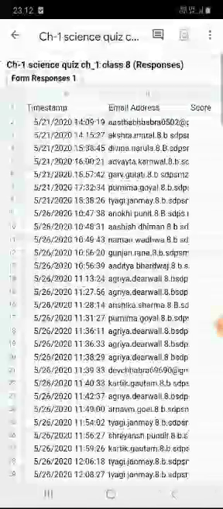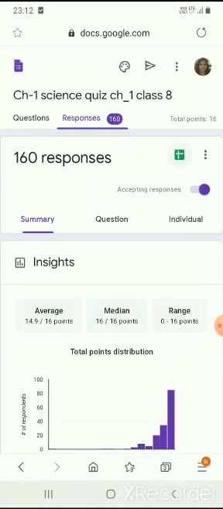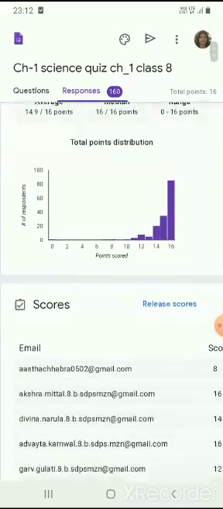So in this way, we have the complete detail of the students, on which date the child has submitted, at which time the child has submitted, along with some other summary. Summary is there, score.